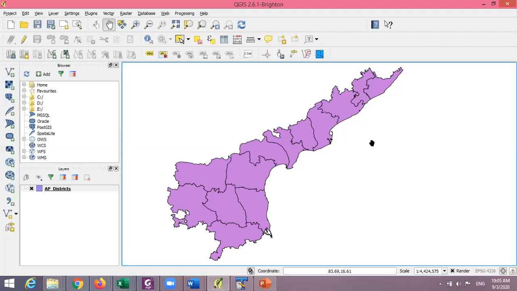Okay, so what I'm going to do now is, let us assume that I have the locations of the different rainfall gauges in Andhra Pradesh. And now for illustration, I'm going to show you how to import those rainfall gauges into this environment, into the QGIS environment. Right now, I have brought in what is called a polygon. So these are all polygons.